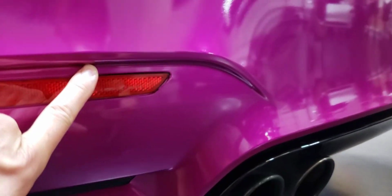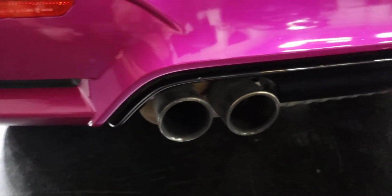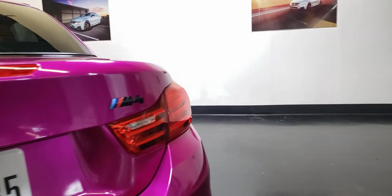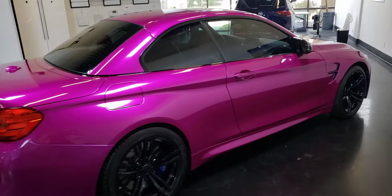So, more close-ups of edges. We make sure that we have comprehensive coverage in every nook and cranny, all the way around these complex curves. Give you some more close-ups. And on these mirrors,